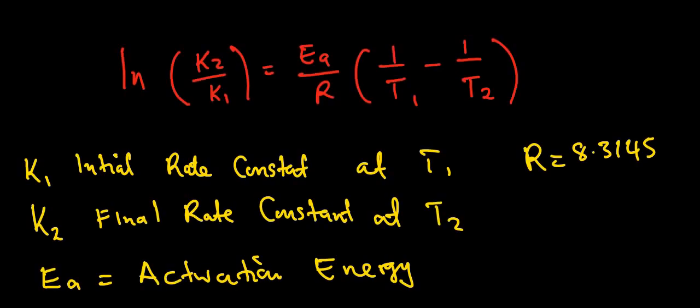So the equation just states that ln K2 over K1 is equal to the activation energy over the universal gas constant, times 1 over T1 minus 1 over T2. The temperatures have to be in Kelvin. The activation energy will be gotten in joules per mole because the universal gas constant that we use here is 8.3145 joules per mole per Kelvin, because there's no pressure that was mentioned when we're using this